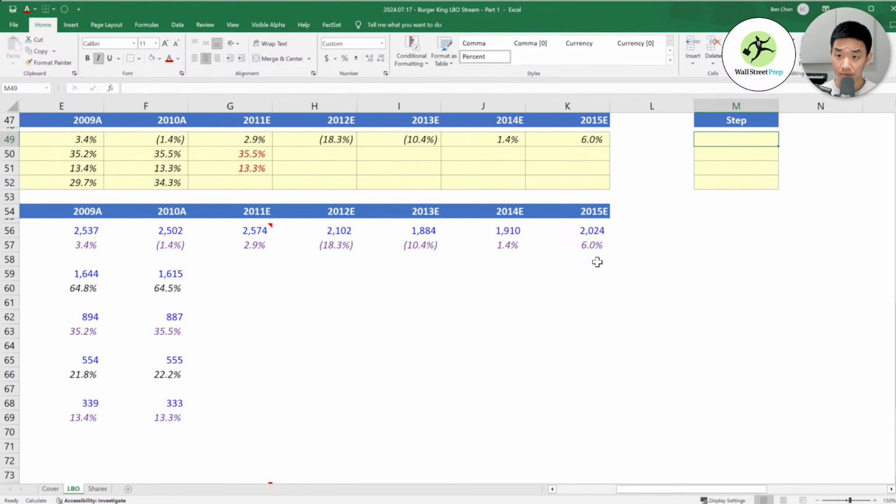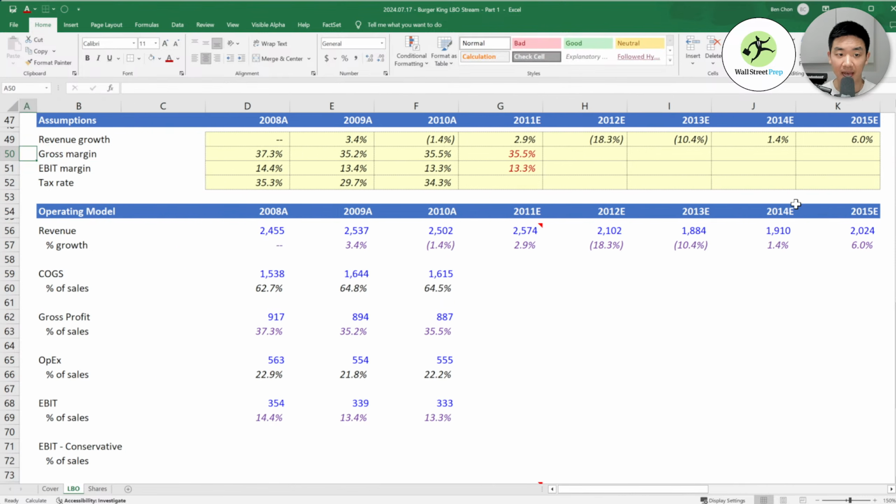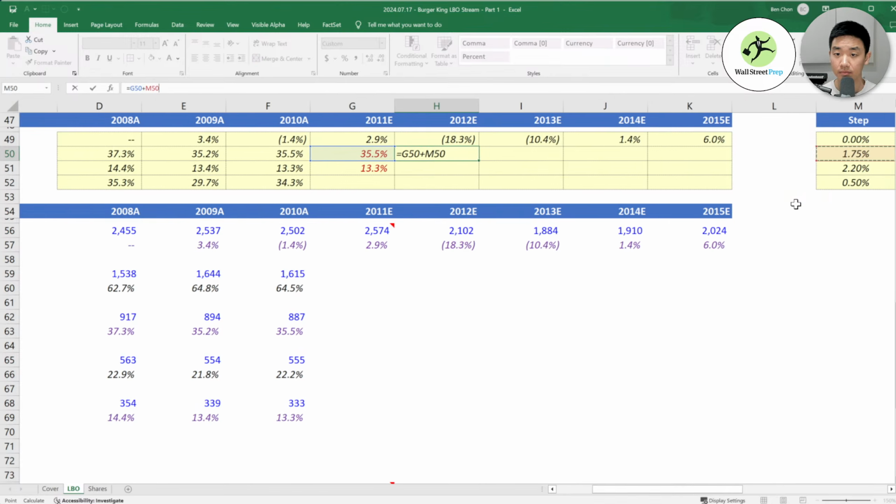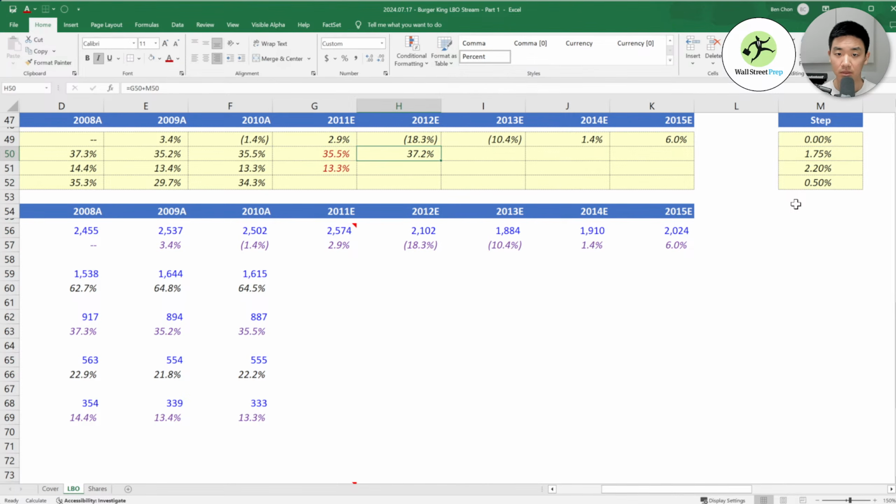I've done this in advance, so what I do here is 1.75%, 2.25%, I believe, and then 0.5%. So what I'm going to do is basically just add to our gross margin and EBIT margin here. You'll see why I chose these numbers in a bit.